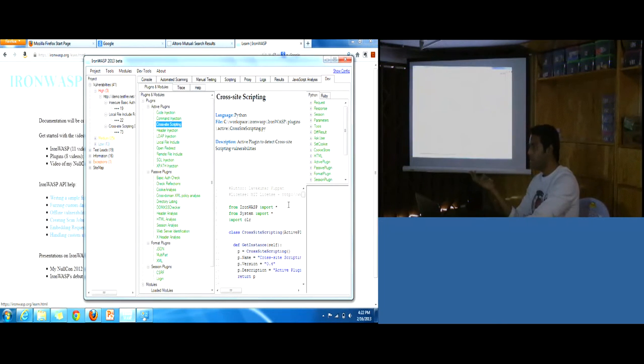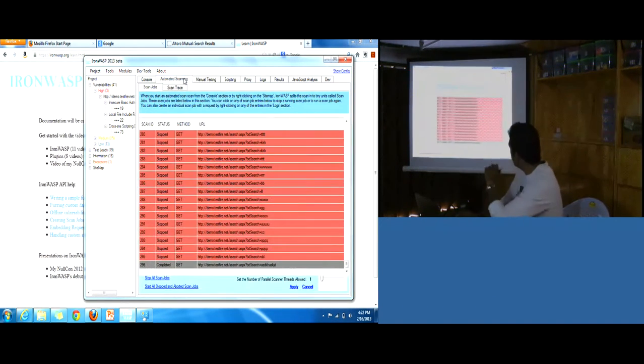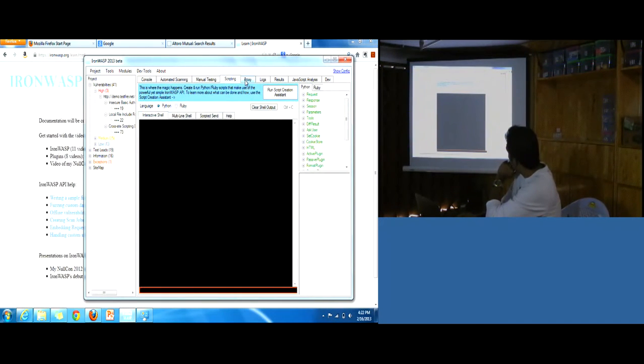So if you are a security person, you can take a look at the logic, and if you want to incorporate your own checks, you can edit the logic, save the plugin, and use the new updated plugin, right? So this is actually a framework by which you can write your own scanner. Okay, so this is as far as the vulnerability scanning and the proxying ability go.